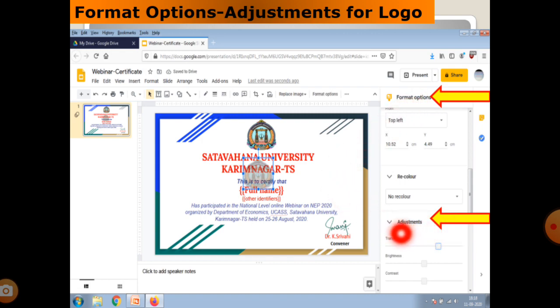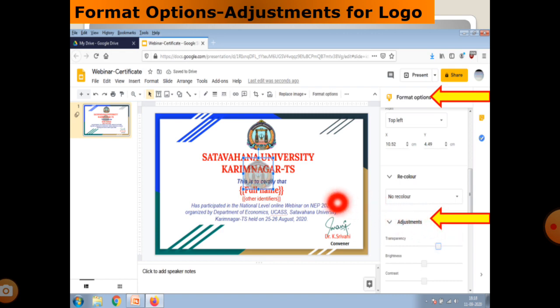In the adjustments, transparency, brightness and contrast are there. The transparency is the main thing. Around 75 to 80 is enough.